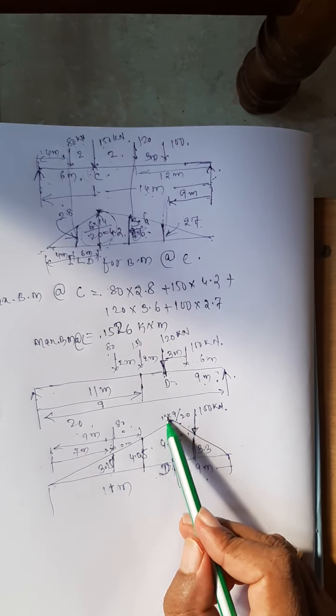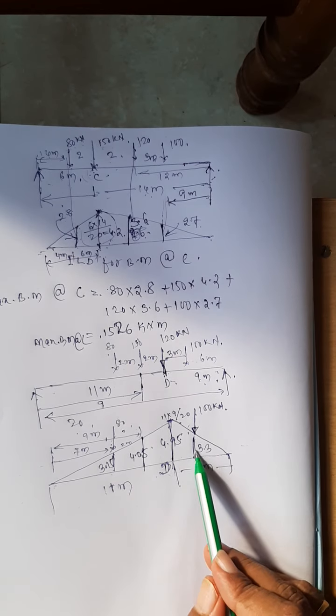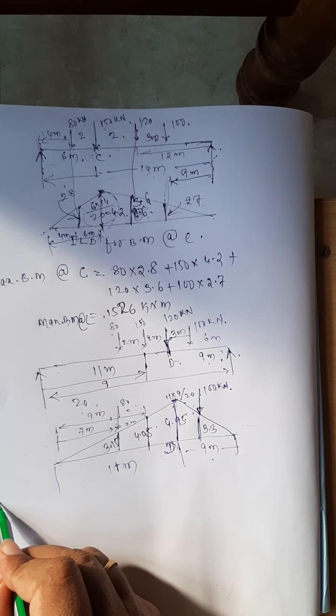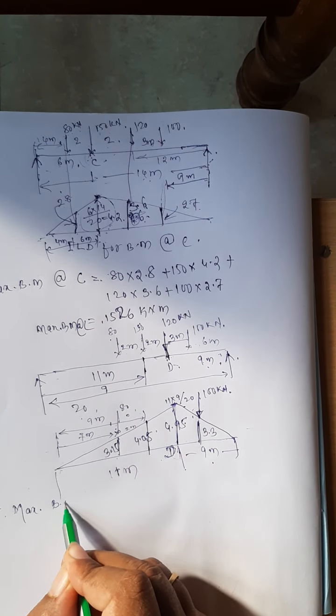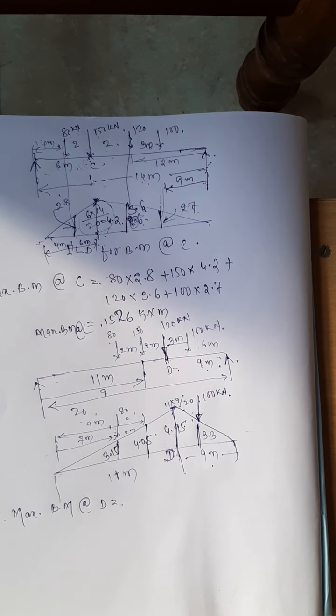First you need to decide where is the maximum bending moment, get the influence line diagram for the bending moment, then you calculate the ordinates under the loads. Hence you can calculate the maximum bending moment. Therefore, maximum bending moment at D is equal to